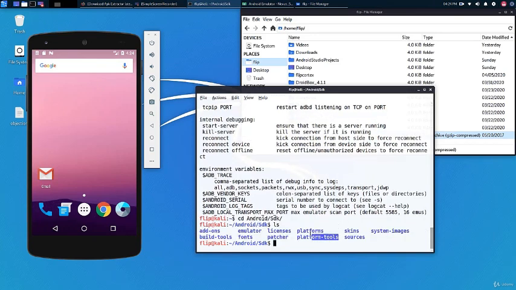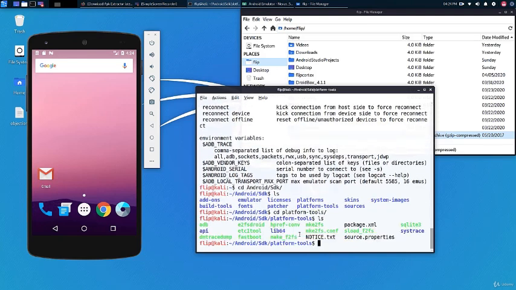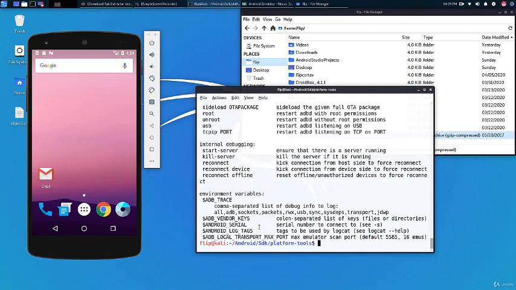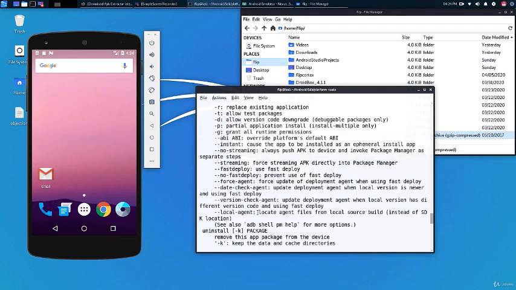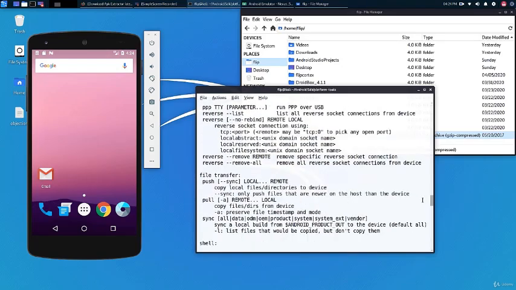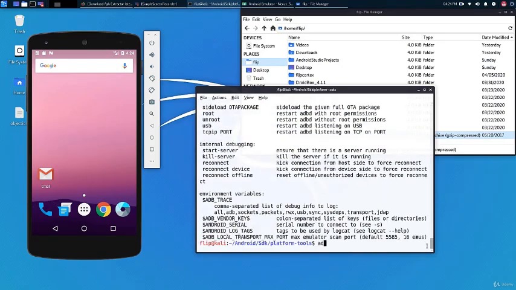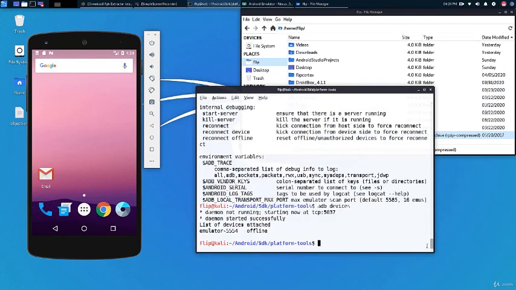And within the platform tools directory is where you will find your ADB tool. This is a very important tool. There are quite a few commands you can run with ADB. Here we'll just show you some of the main ones. So for example, one command is adb devices. In this case, you will see one device, and that is the emulator. So at this point in time, there's one emulator that we can connect to.